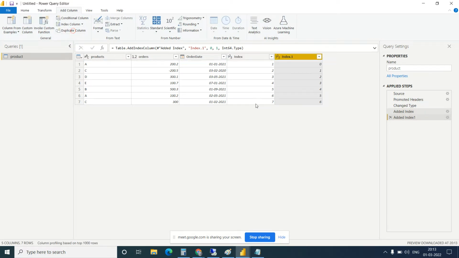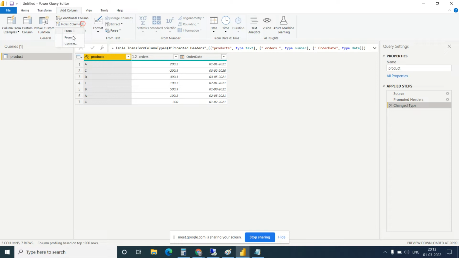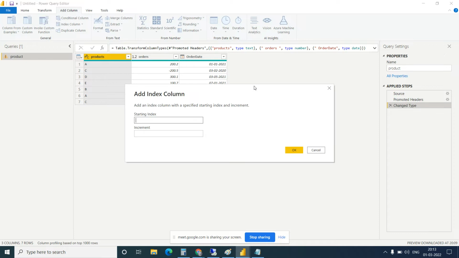But if I want to start from 0, we can also create it starting from 0. Click on from 0. Okay, so this is for 0. In the same way, if you want to start from 11, how will you start? Let's delete this last step. Go again, start from custom. So if you want to start from 11, just add 11. And how many numbers should it increase by, like 1 or 2? Suppose 11, 12, 13, 14. So what is the difference between these? There is only one difference between every number.